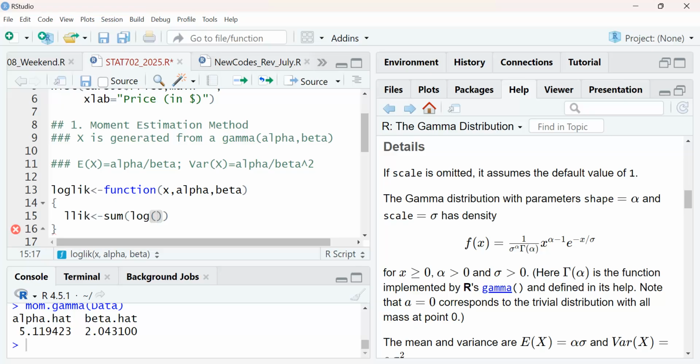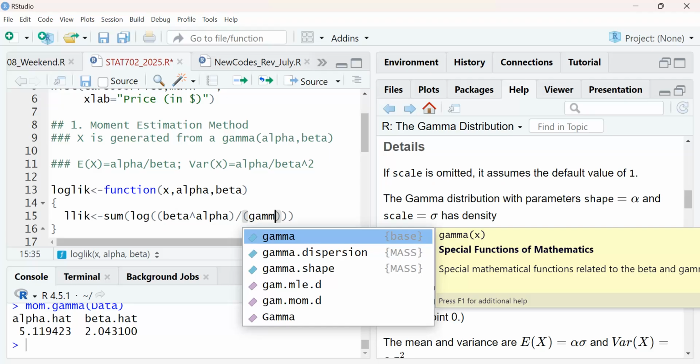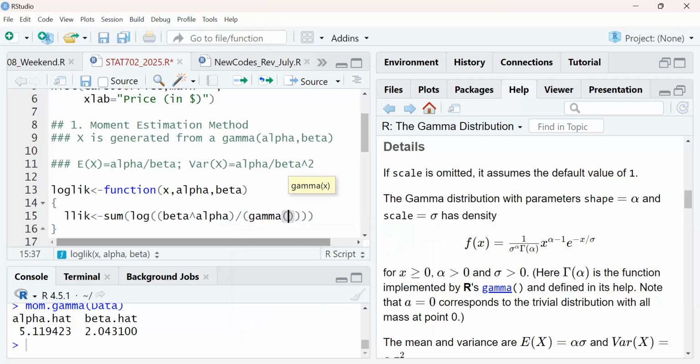So the first one will be beta raised to the power alpha. You have to be careful with the parentheses, otherwise you'll get them wrong. Divided by gamma, which is also a special function in mathematics. So gamma, and then I put in alpha.